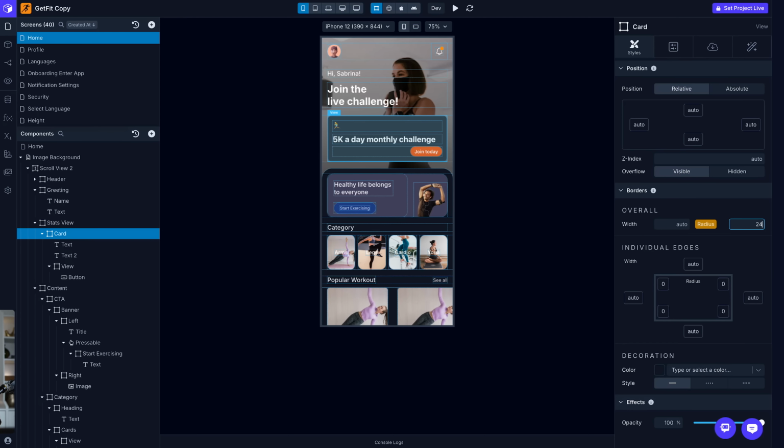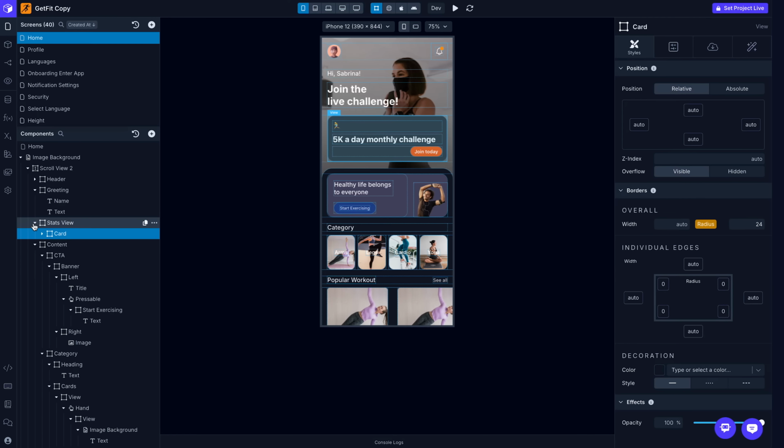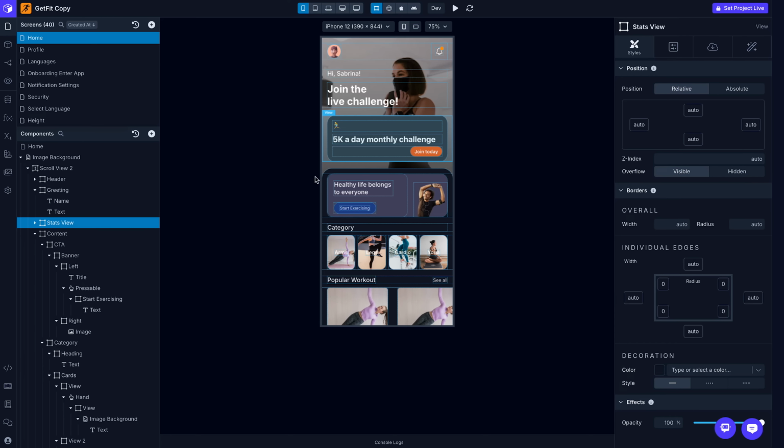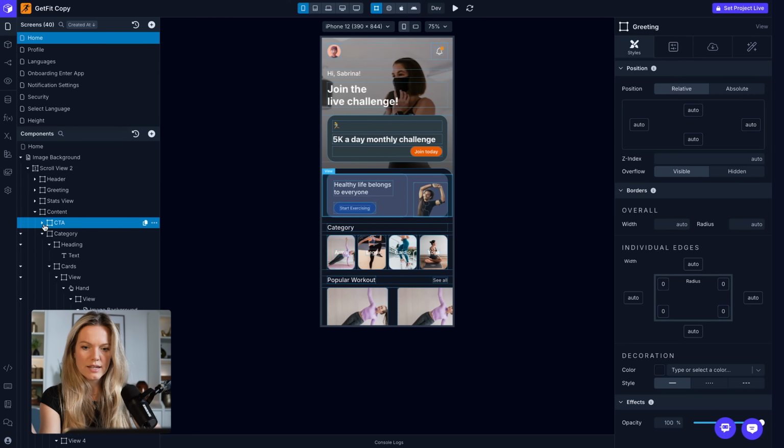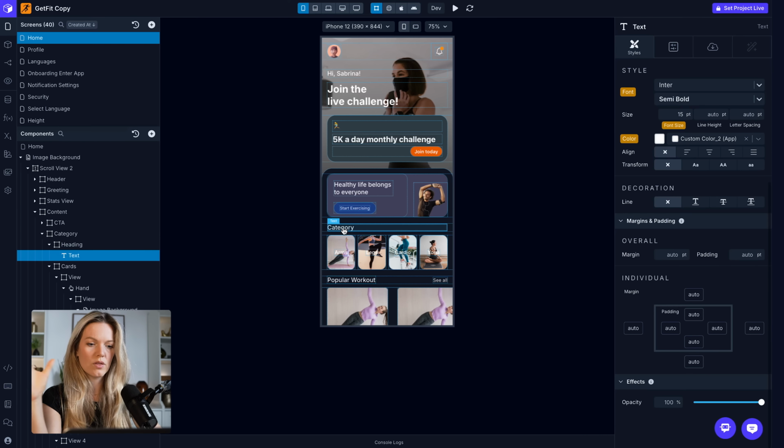Currently it's set to 16, so we're just bumping it up a little bit. Great, love it. Let's collapse it and move on to content. So looking at this content section, I'm going to take that same approach of let's remove anything that we're not going to use first. And I can already tell that I'm not going to need this category section with the multiple